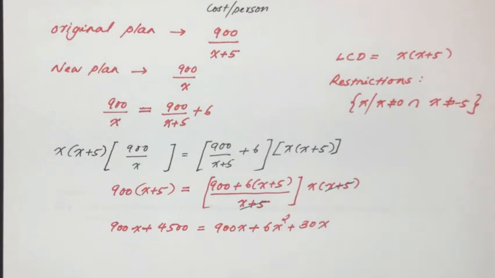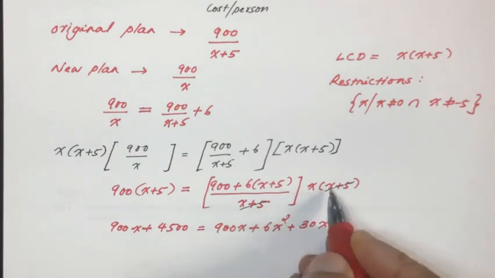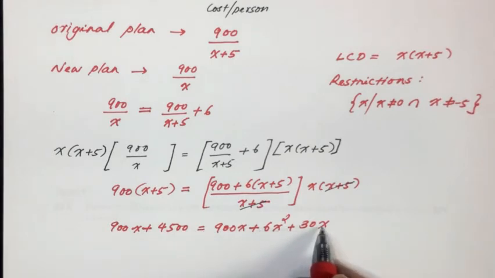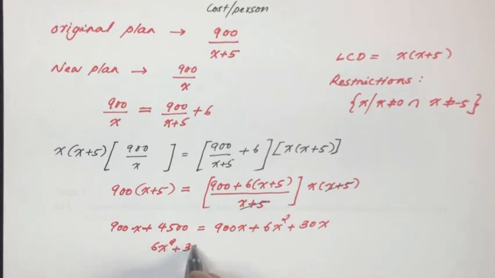when we reduce this, we cancel this out and multiply here, distribute, and distribute over here, you get 900x plus 4500 equals 900x plus 6x squared plus 30x. When you rewrite it, you get 6x squared plus 30x minus 4500 equals 0. You can simplify both sides, which gives x squared plus 5x minus 750